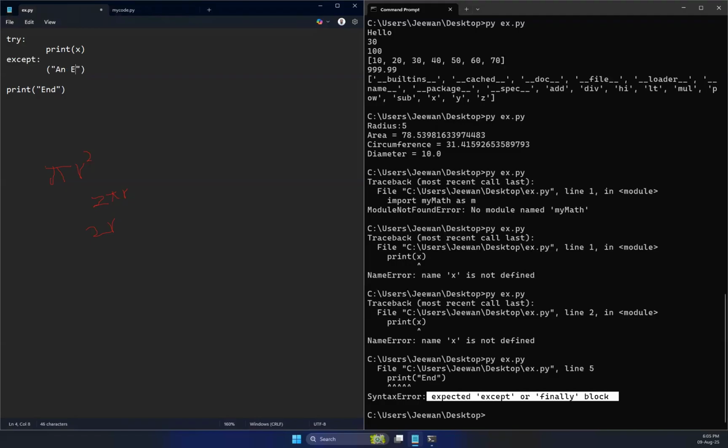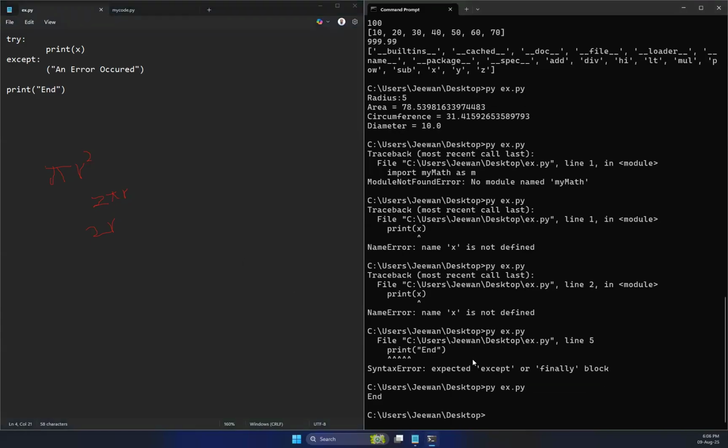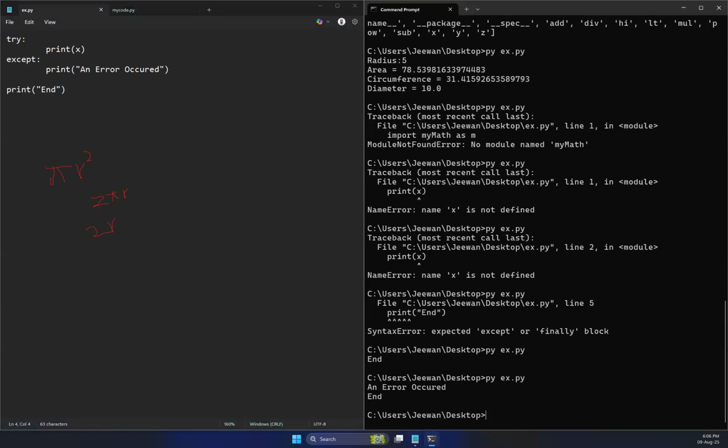Now, I'm going to say an error occurred, and I'm going to save it. Right now, if you want to print, you need to have print. Print an error occurred. Then, rather than stopping the program,